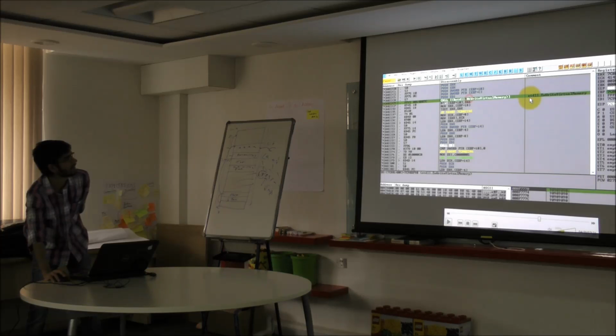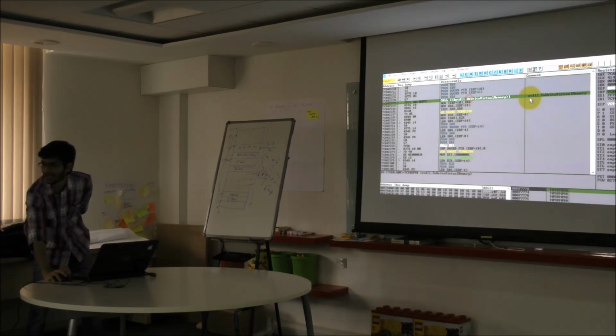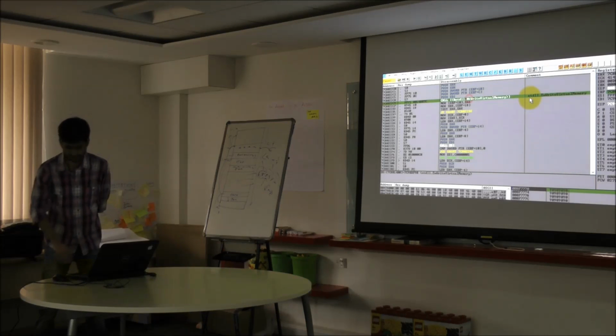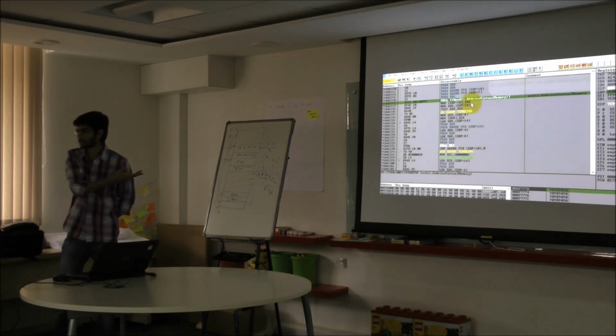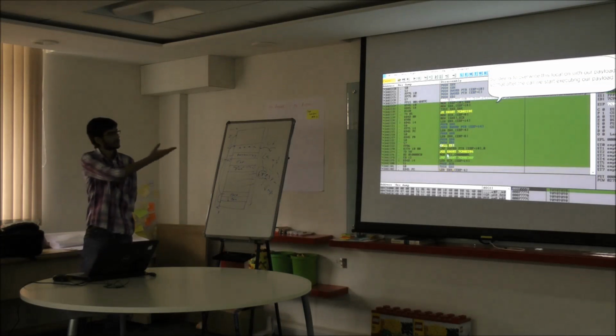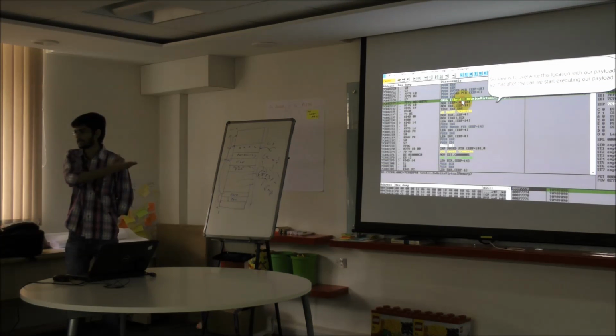Whenever I finish this code, because the return address is this, I finally get my execution there, and I will be able to execute my code. Because this is the executable area, a valid code, we are able to execute our code.